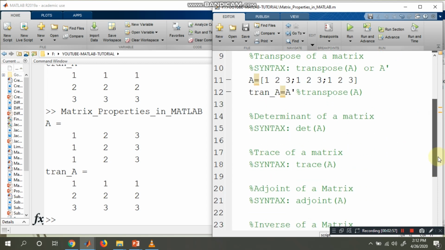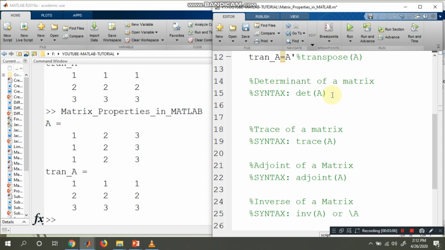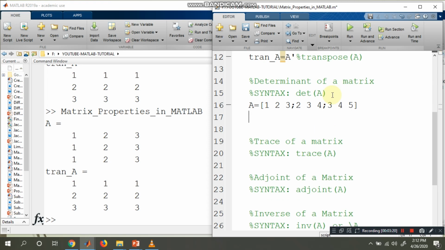Next, how do you find the determinant of a matrix? A determinant is compatible only when A is a square matrix. So let us take a square matrix A: 1, 2, 3, 2, 3, 4, 3, 4, 5. I am just taking one square matrix A. And what is the syntax to find the determinant? DET is the syntax.